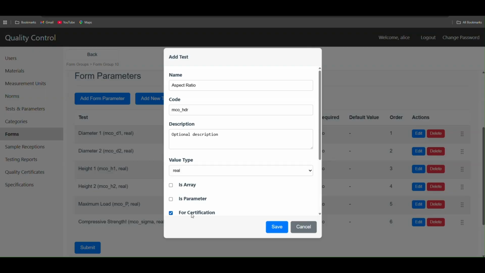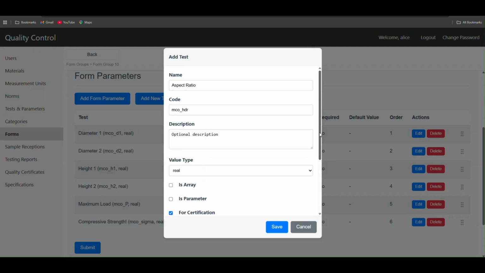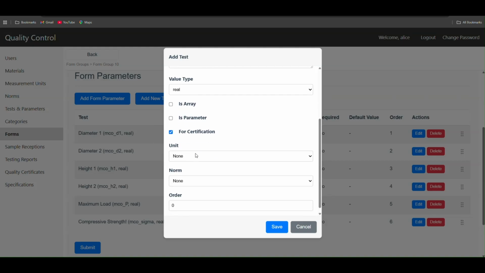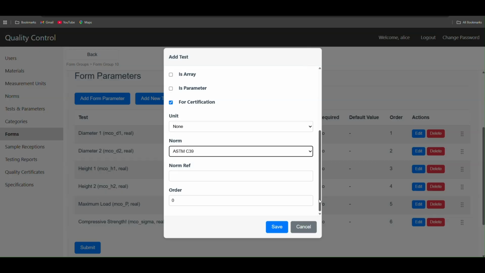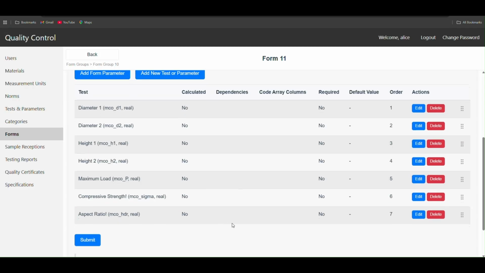It's not a parameter. It's used for certification. No measurement unit this time. Select the standard and save. Okay, now